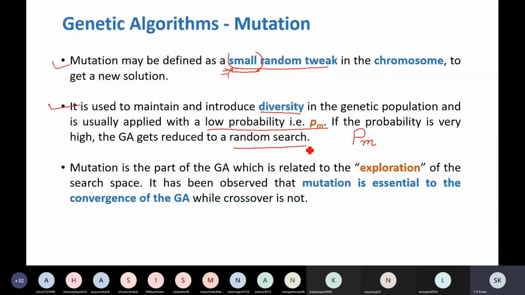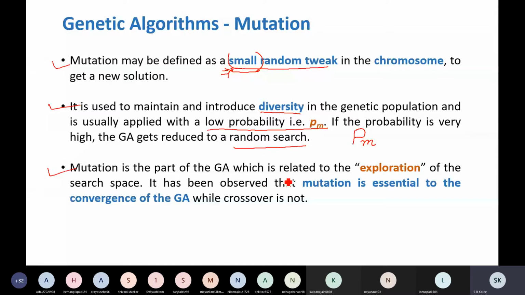If you talk about the efficiency of this random search, you will find that it will be a very inefficient search if your search space is large, because genetic algorithms, as we have seen, are used when we have a huge number of solutions for solving optimization problems. So if random search is applied on those problems, then obviously it will not be efficient. So it is applied with a low probability.